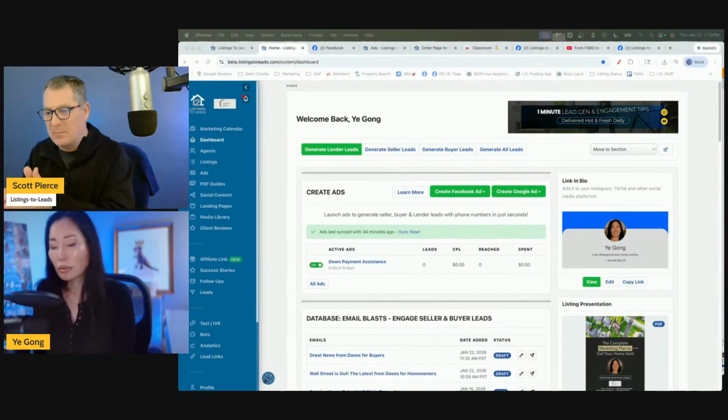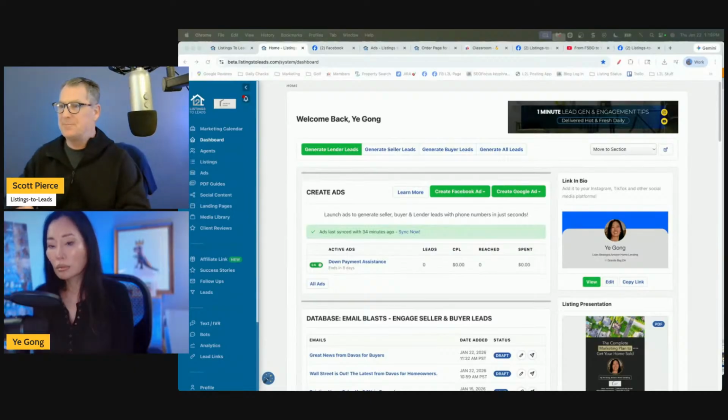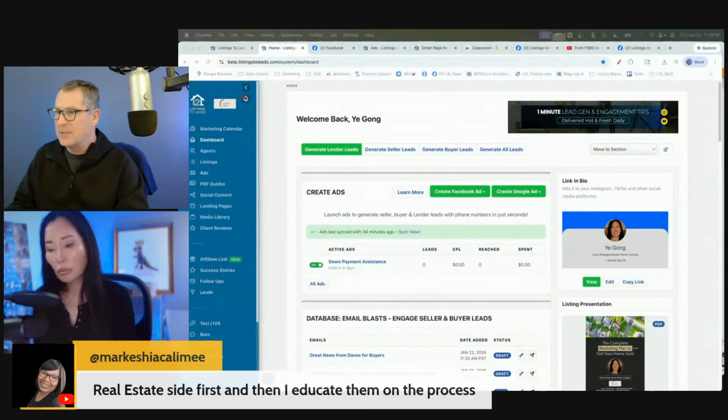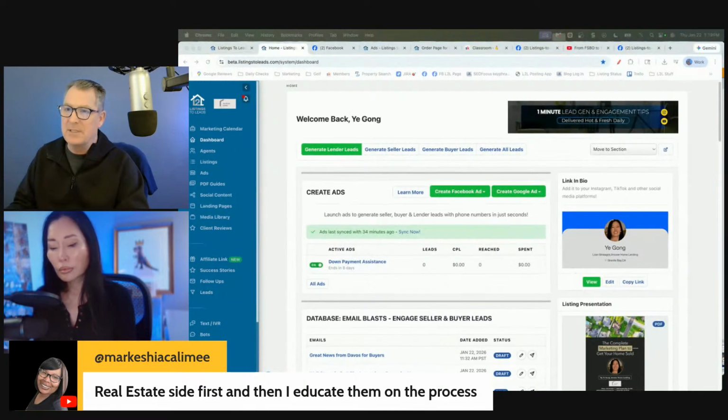So we want short-term people, we want long-term people. Awesome. Real quickly, let's shift for a minute. She says, real estate first and then educate them on the process. See, the problem with that I always see,